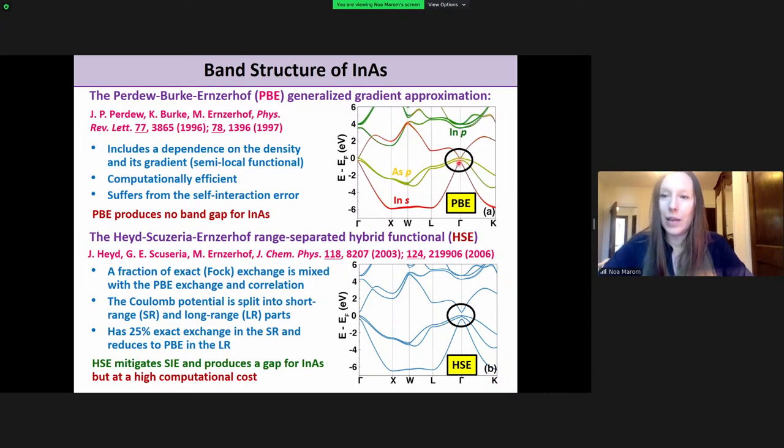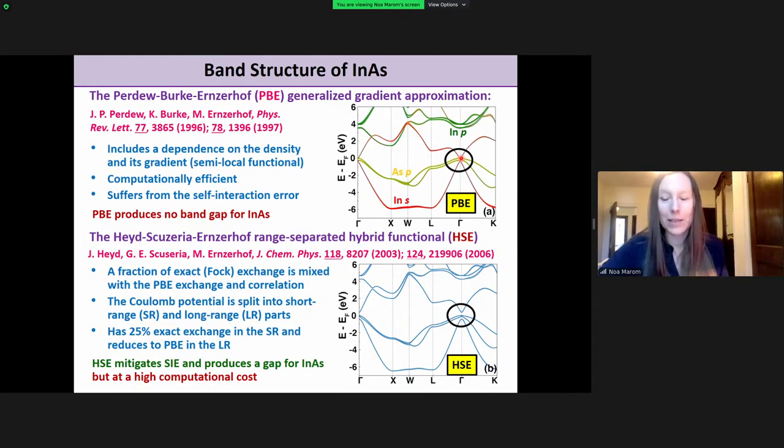And so these would be the orbitals that you want to apply the value of U to. So by resolving the band structure to the contributions of different orbitals, you can figure out which orbitals to pick